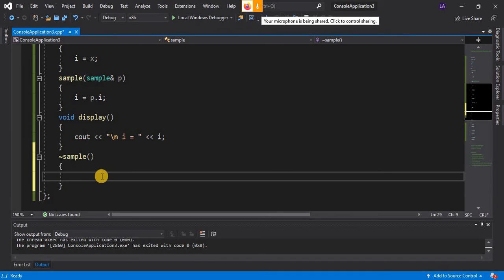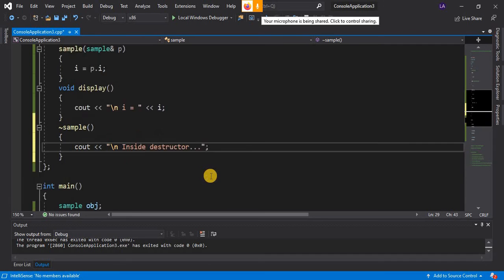This destructor gets called automatically when your object goes out of scope. So for the sake of understanding, let us write here one line: inside destructor.